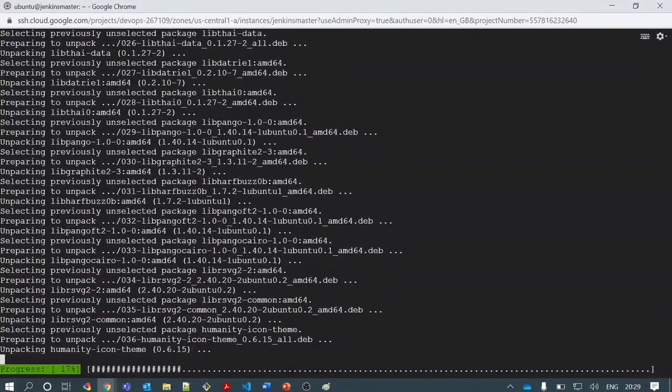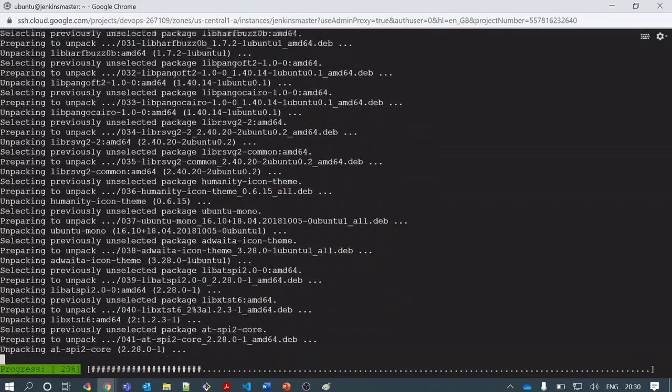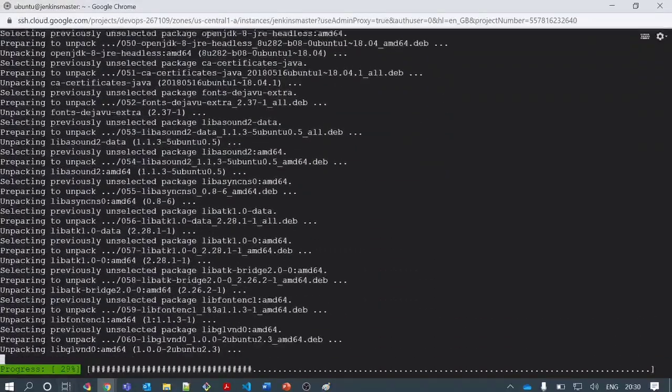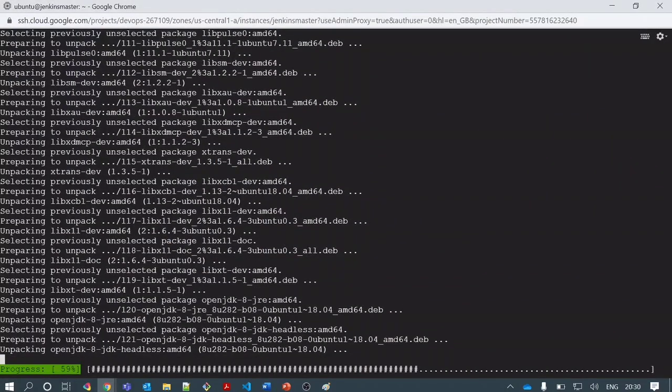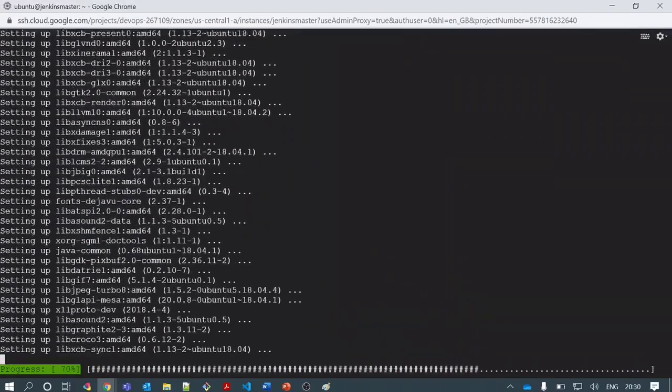So now this is installing Java 8 on my VM. This may take a few minutes to complete based on the speed of the internet. What next? We will add the Jenkins key for the Debian stable version, the Jenkins IO key, and add it to my keys once this Java installation is finished.